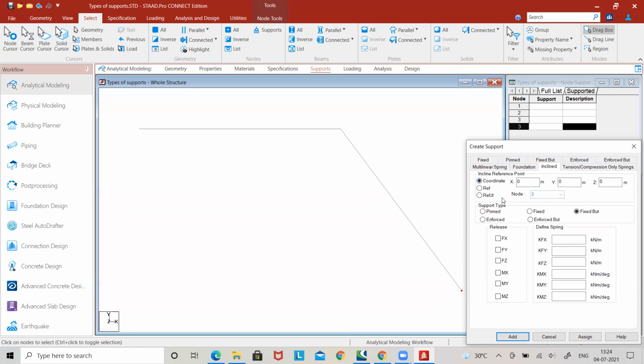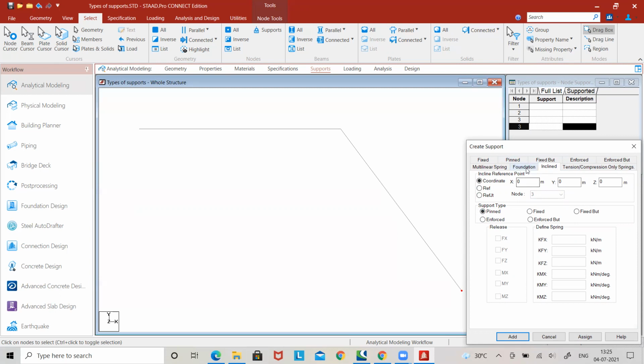But after giving this reference number or coordinates, you have to select that node, and then at that node only the supports will get assigned. Also in that incline, you can have the same options as in the top one: pinned, fixed, fixed but, enforced or enforced but. Whatever you want, you can select in the same inclined pattern.